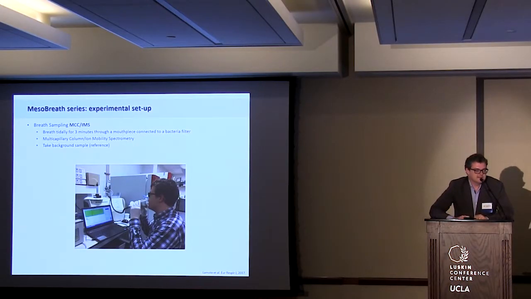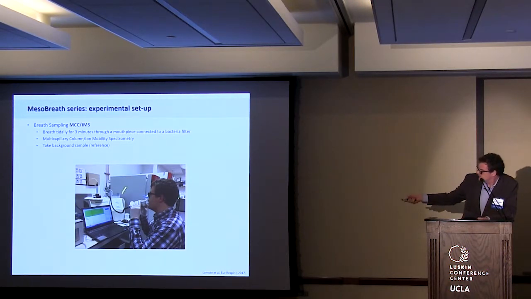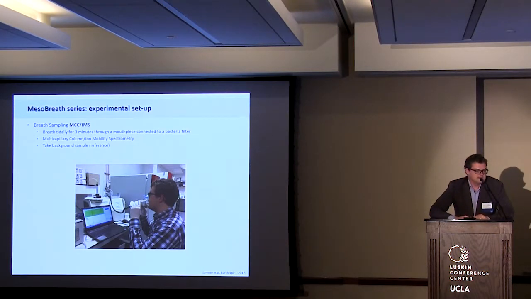Now, for IMS sampling or analysis, the patient just has to breathe normally for 3 minutes through the mouthpiece over here, which is connected to a bacteria filter. After 3 minutes, the breath sample has been taken. It takes about 1 minute, and the patient does not have to make a specific effort. So it's not like a lung function. It's just breathing normally, but in a tube. After the patient has given a sample, we take a background sample as a reference for potential contamination that the patients have brought, for instance, the wearing of any perfume or something like that.